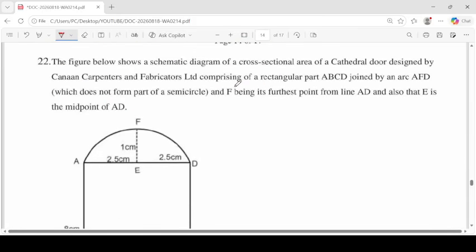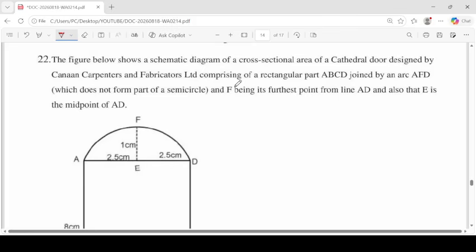Let's go to question number 22. We are at question number 22 now. We've been told in question number 22 that the figure below shows a schematic diagram of cross-sectional area of a cathedral door designed by Canaan Carpenters and Fabricators Limited,